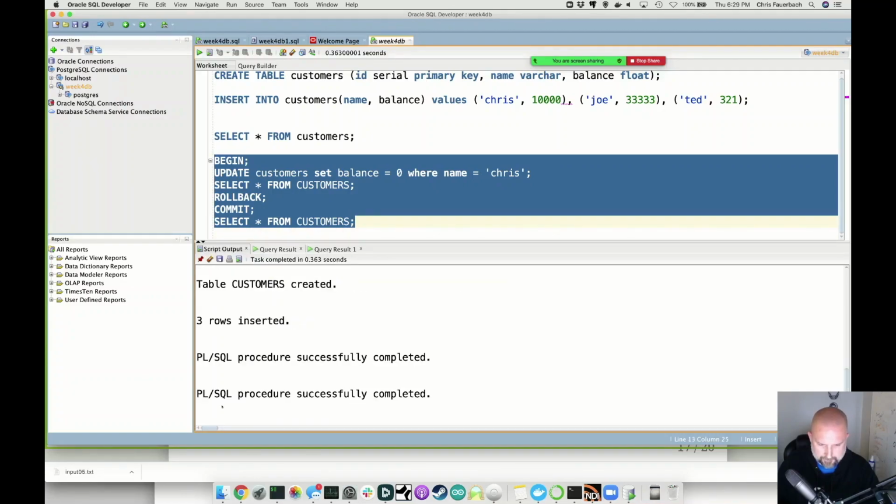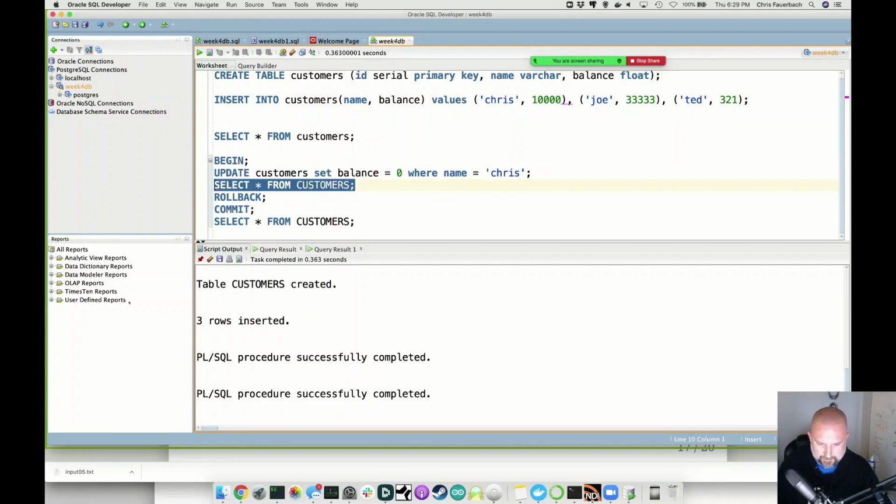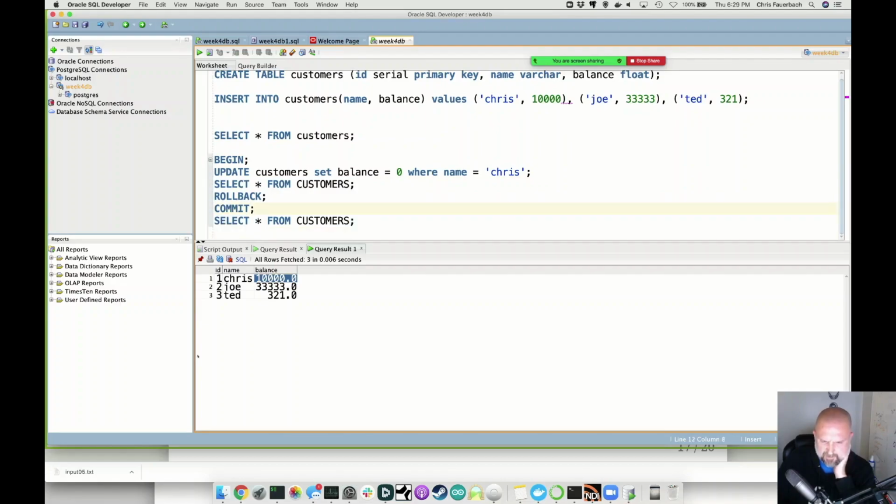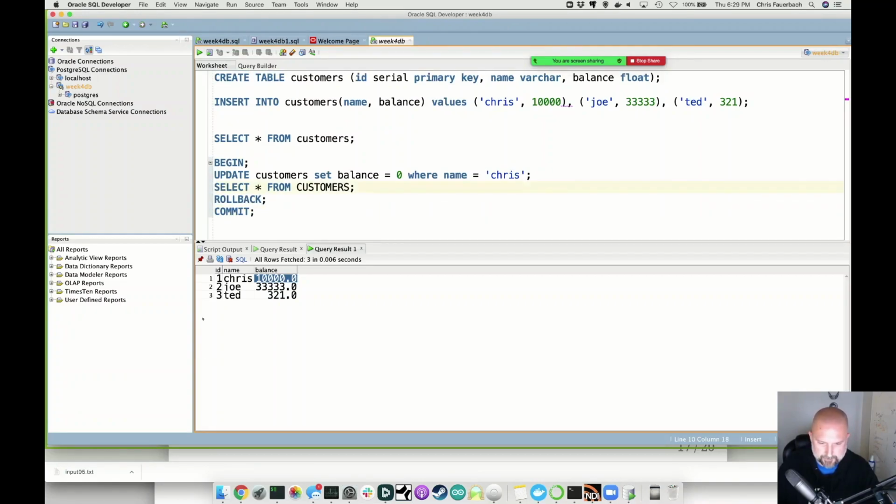Oh, it didn't return what I wanted it to. Shoot. So here I wanted that to show me at that temporary state the balance would have been 0, but after a rollback, it would go back to 1,000. But I'm sure there's a reason it wouldn't do that. So here I'm explicitly rolling things back. But if I were to try to